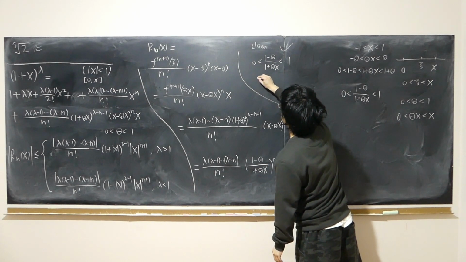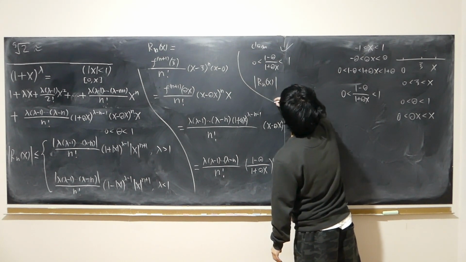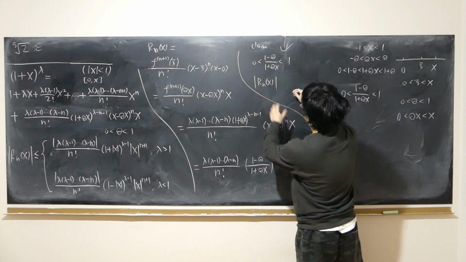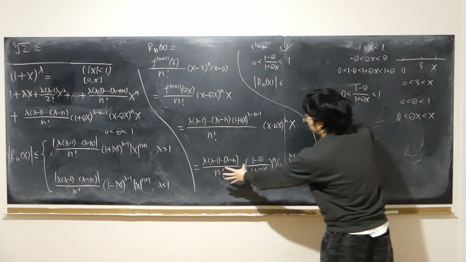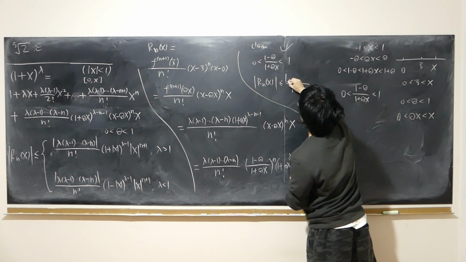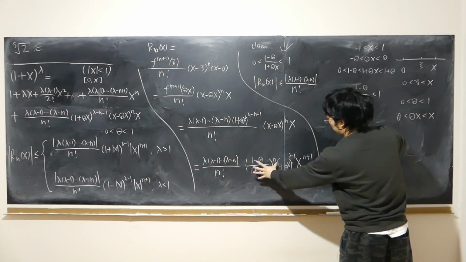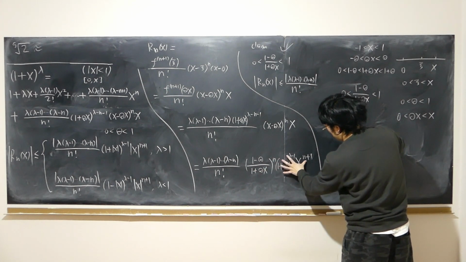So therefore, I can draw the conclusion: the Cauchy remainder, absolute value, not only bigger than 0, but less than or equal to, first of all, n factorial, absolute value of lambda times lambda minus 1, all the way down to lambda minus n absolute value. Also, times 1 and times this,